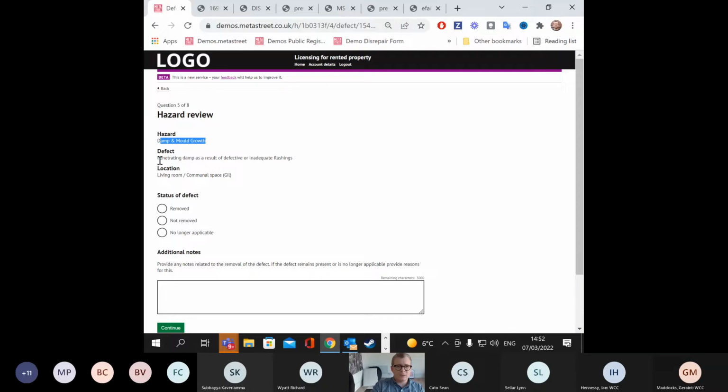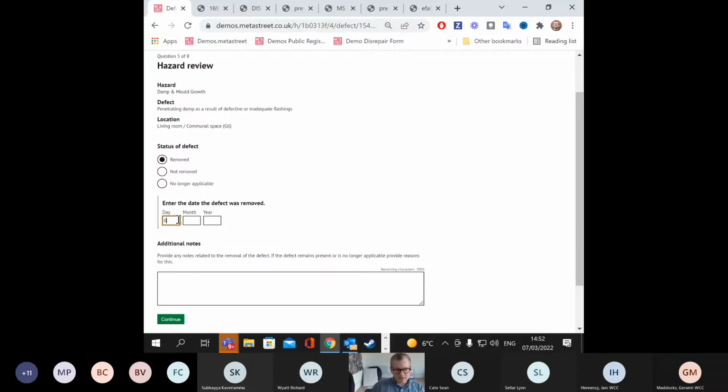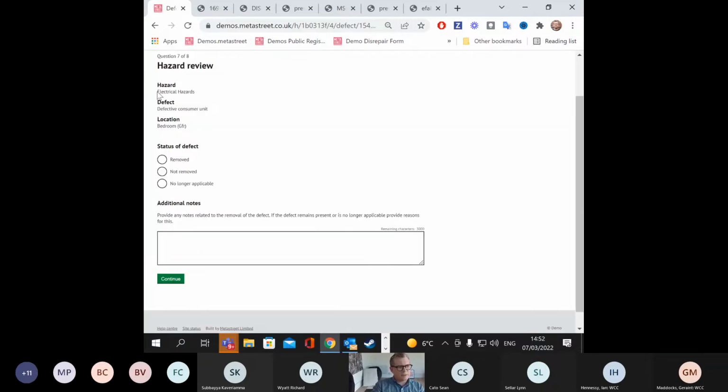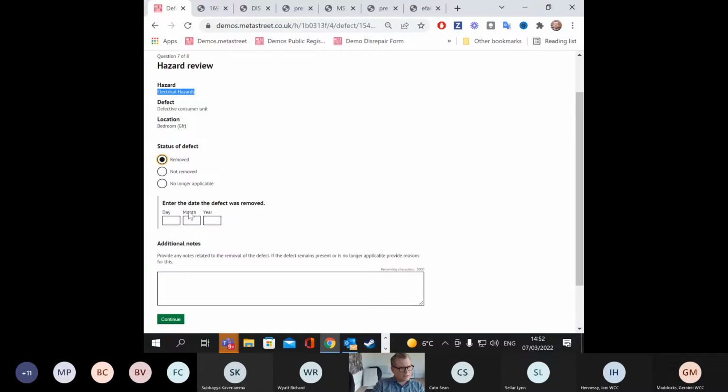same hazard, separate issue. So we're focusing on the defect. So again, confirm it's removed. Ask them to add a date. So we're actually asking specifically, for all of the issues you identified room by room, that they've been addressed. And then information, and then we'll just say sea loss. And then the last one you see here was the electrical hazard. So we're going to say that's removed, the date in which it was done,